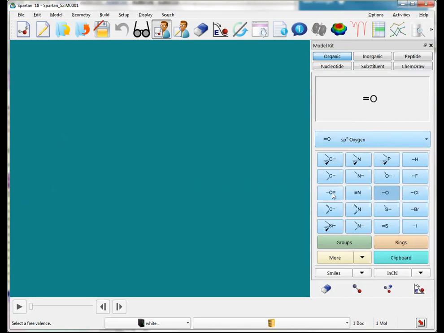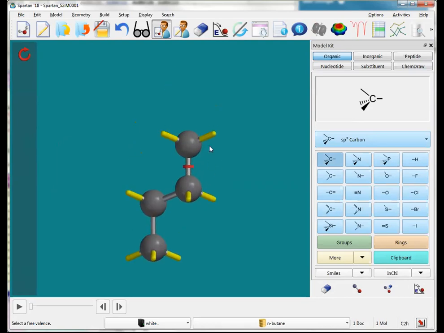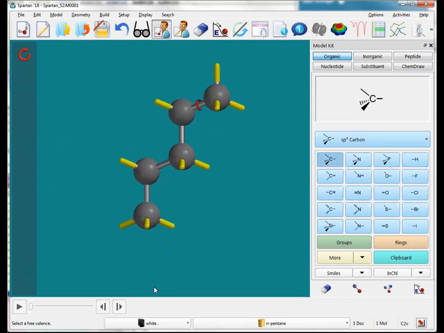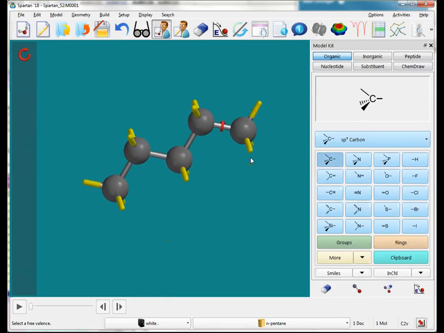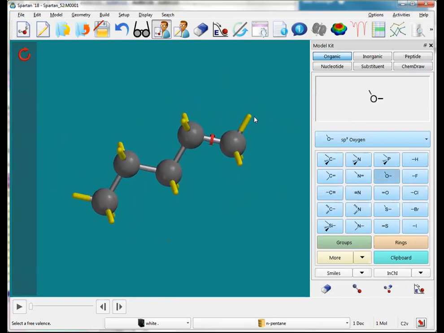If I want to begin a structure, let's say with an sp3 carbon, it's just a double click as the initial entry point, and you'll see I've got a tetrahedral carbon up here with essentially the 4 open valences. Those are highlighted in yellow, and so with my sp3 carbon still highlighted, just clicking on a yellow open valence will add. So from methane to pentane, if I wanted to make this pentanol, let me just choose